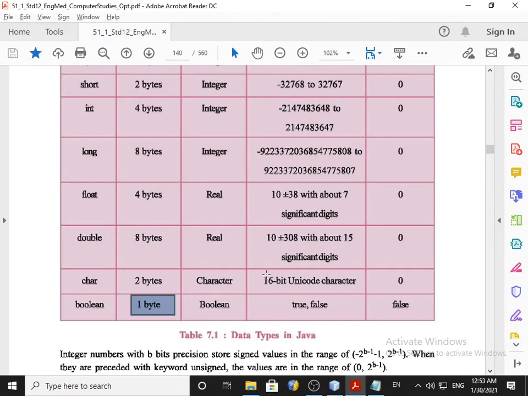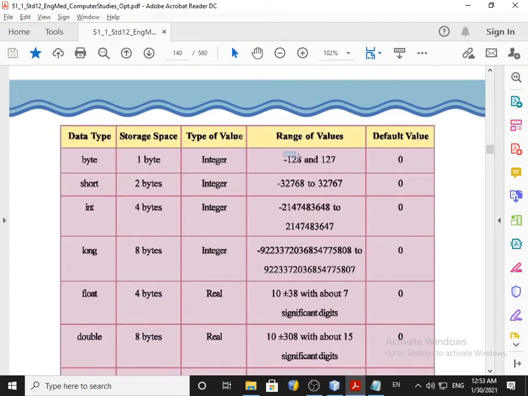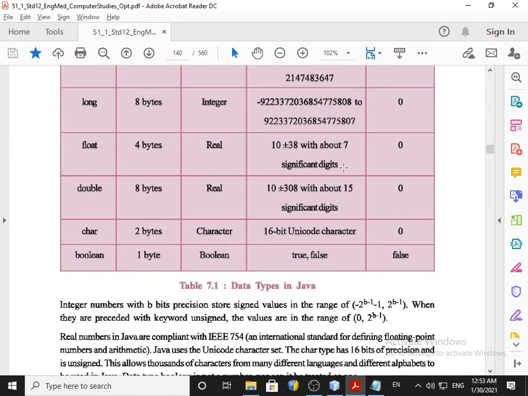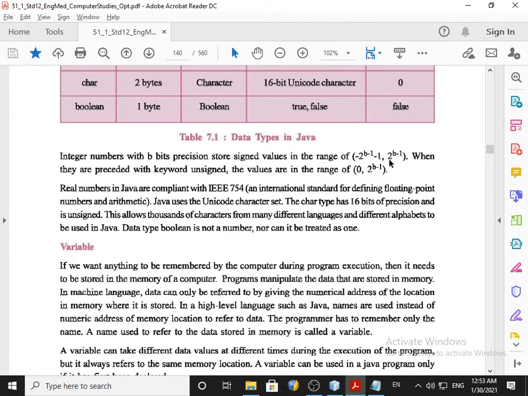Now how do this 128 and 127 come? One formula is given but it is a little bit wrong.